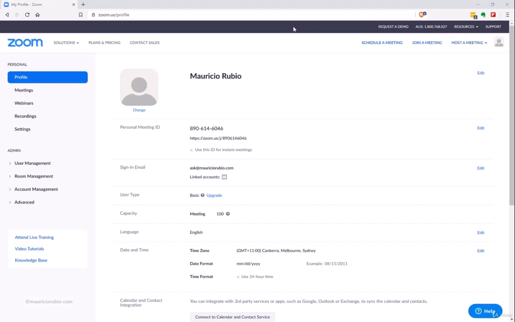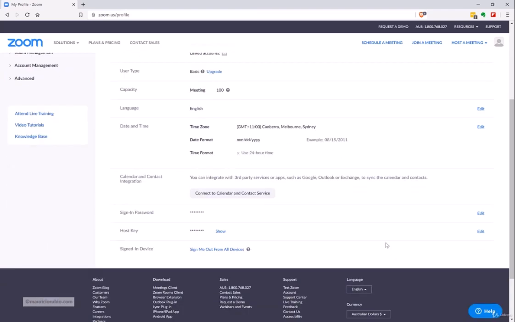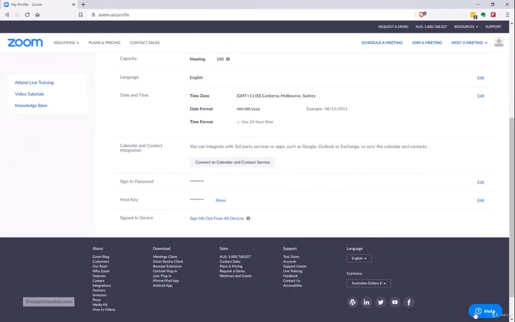Okay. And then there's here a sub menu. Notice this sub menu here also on the top right-hand side corner. Schedule a meeting, join a meeting, host a meeting, and then your avatar. If you clicked on your avatar, you're just going to see your information that you're on the basic plan and the sign out option. And don't forget, if you scroll down, you might notice that you also have